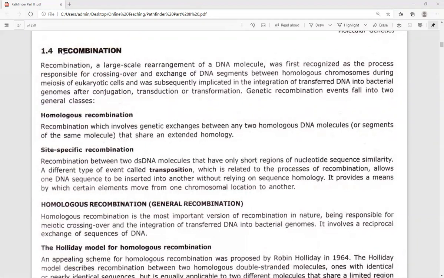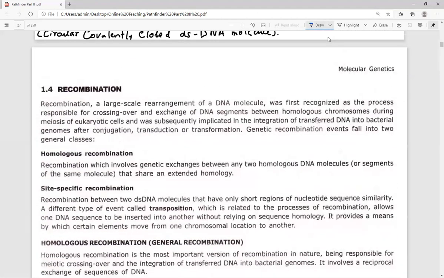So for looking at the recombination state of the cell, we must now identify that recombination occurs in order to rearrange the DNA molecules. Now, how is the rearrangement of the DNA molecule going to take place? The DNA molecules have to be rearranged when the process of crossing over takes place. I have already explained to you that the process of recombination involves the exchange of chromosomal fragments between non-sister chromatids of the homologous chromosome.